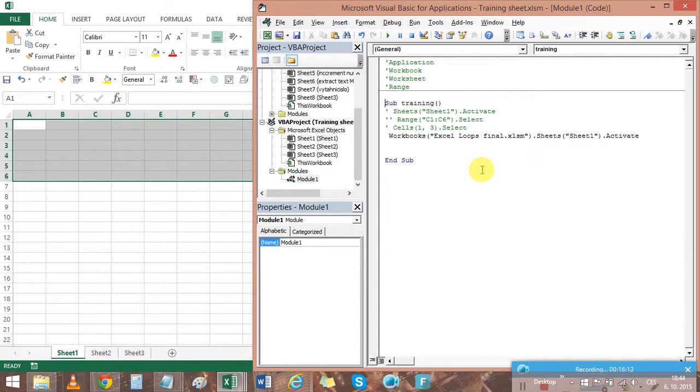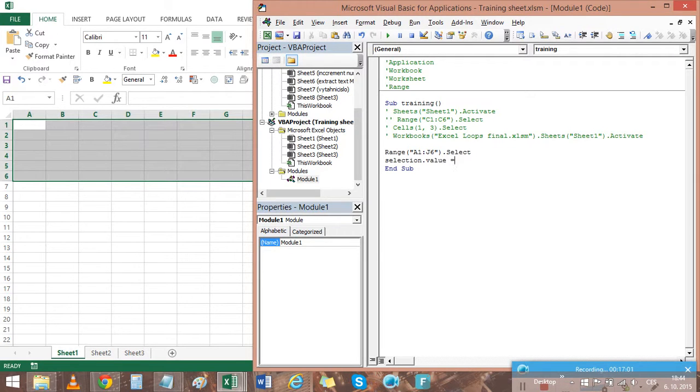So I will comment out this section so it wouldn't apply, and I am right now on sheet number 1 in this workbook, so I no longer need to activate it. So I can straight away start typing range, and we had a range from A1 colon to J6 double quotes and close parentheses, and we can either select it first, and then we can say selection dot value